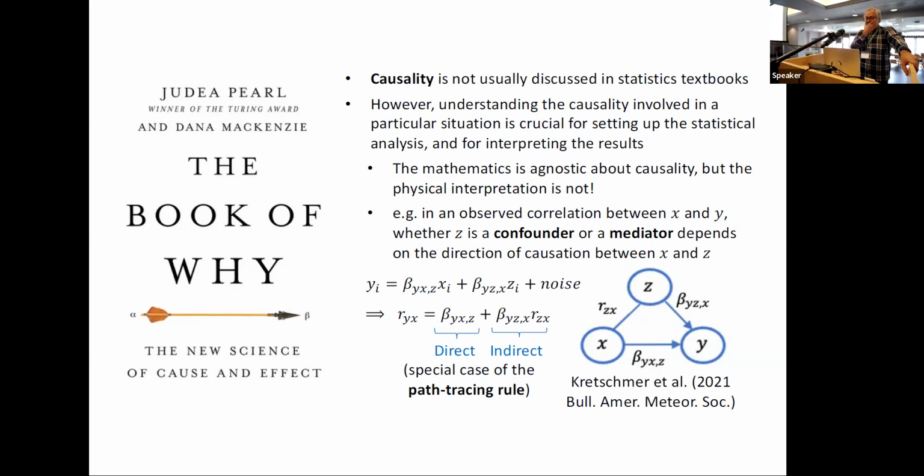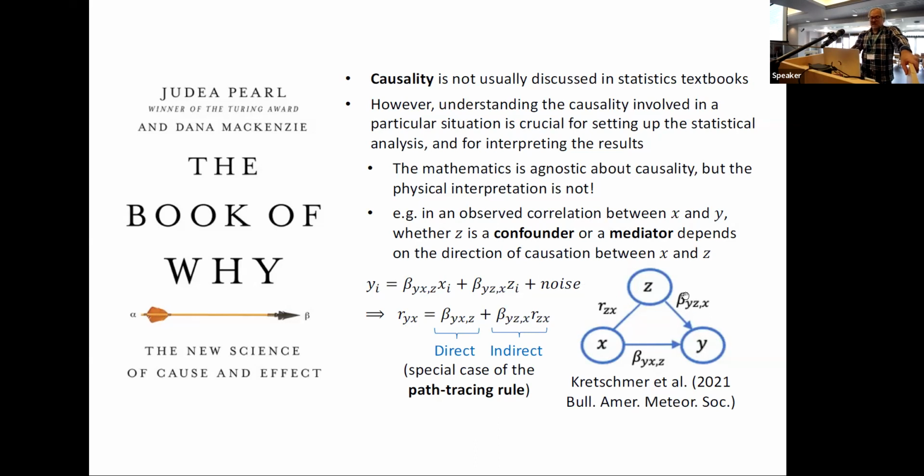And just to give a simple example, this very basic three variable setup: you have a variable y, which you know is influenced by both x and z. You happen to know that x and z are correlated. I don't point an arrow here. So this is in the linear case. If you just regress y against these two variables x and z, you get the first. This is an MLR. And then if you look at the correlation between y and x, you see that there's two terms. One is essentially a direct pathway. So the correlation reflects a combination of a direct pathway from x to y and an indirect pathway via